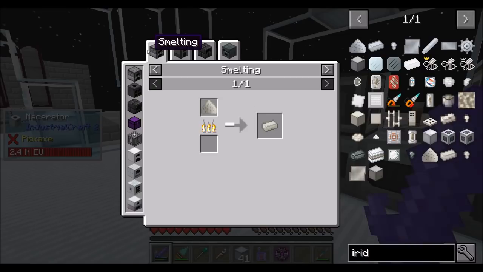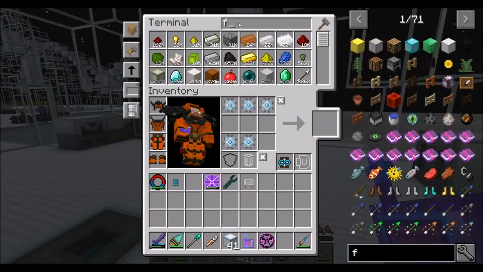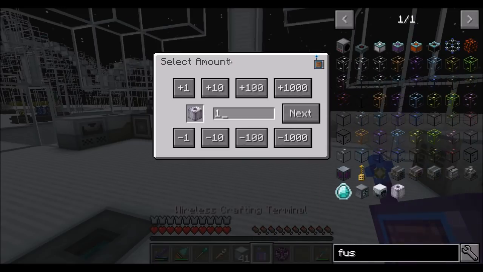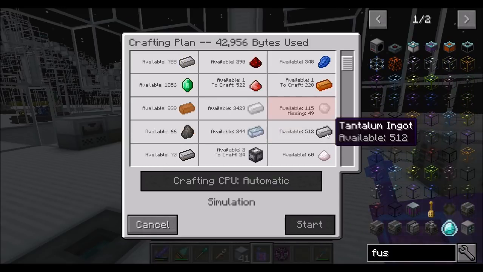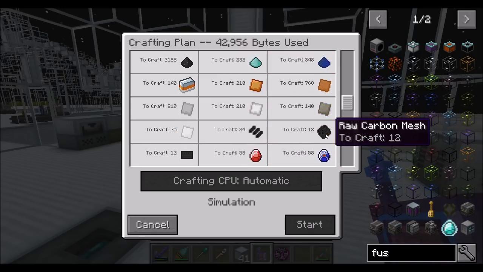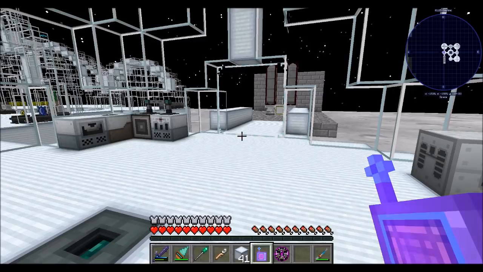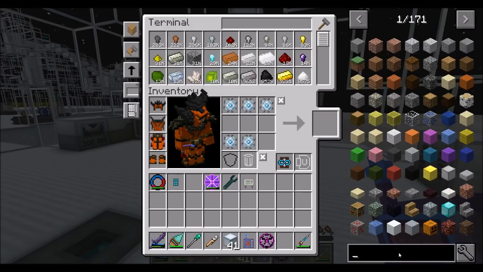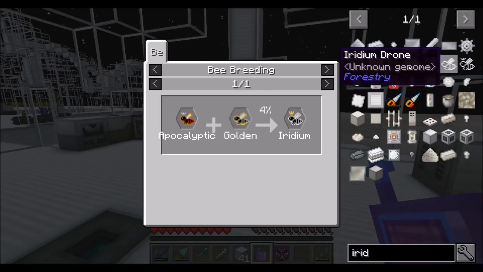So basically you can get iridium ingots, but most of what I need for the fusion reactor is iridium itself, not so much iridium ingots. I think it needs a few iridium ingots, 24 of them. So if I went through the process of getting iridium bees, which honestly probably wouldn't be too bad, because we